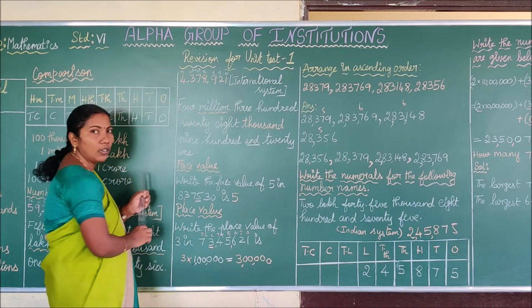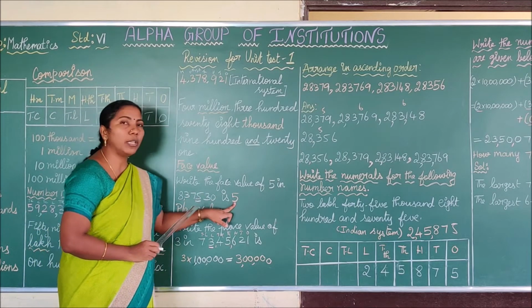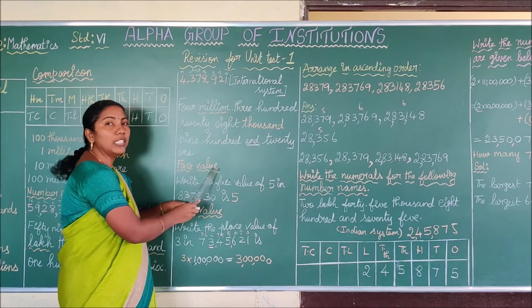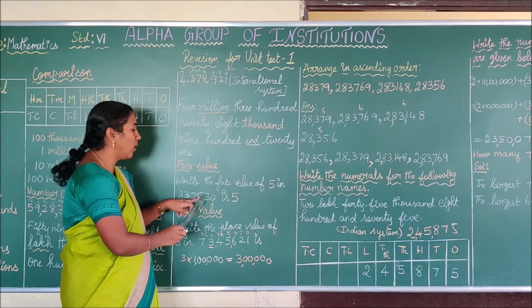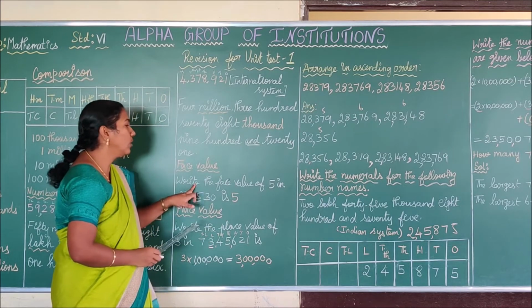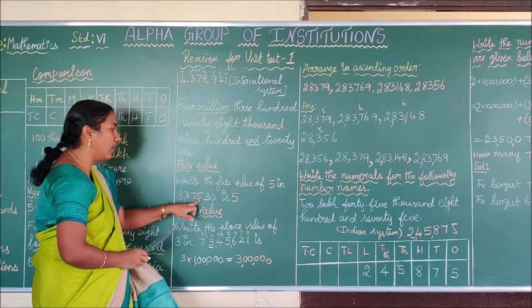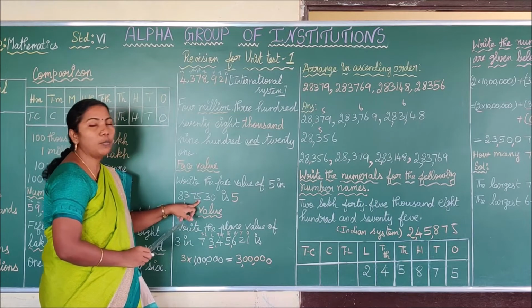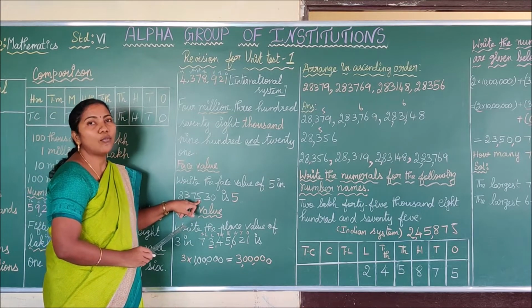That is 100. Okay, but you can't write the 100 because its place value only 100 space. But what I am asking, face value. Face value means you have to write the number as it is. So the face value of 5 in the given number is 5 only. Well, suppose if in the question they are asking place value, you have to write it as 500.